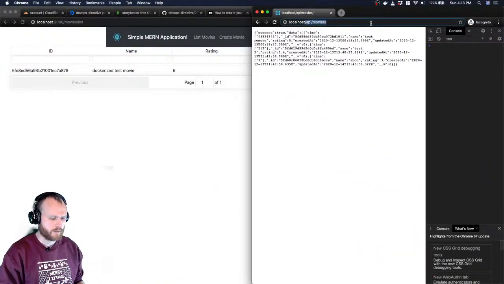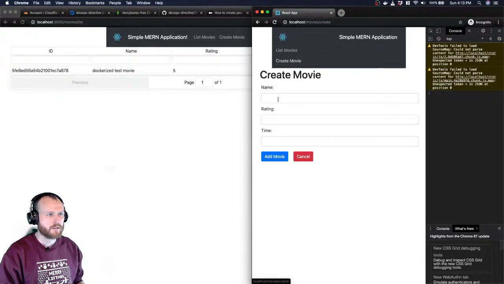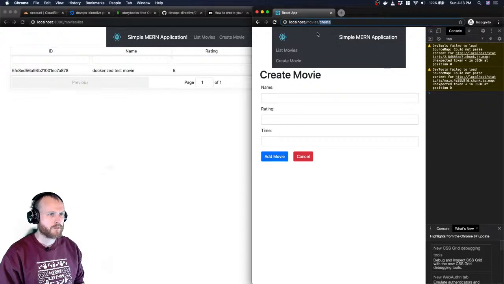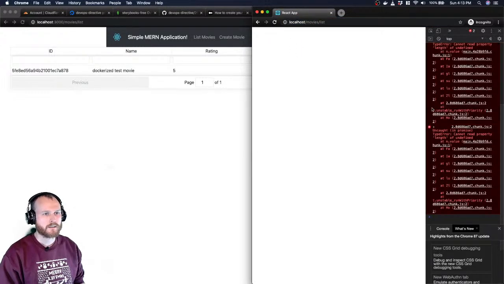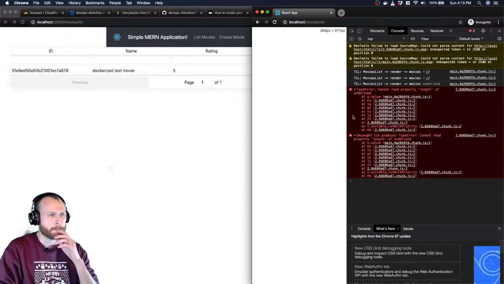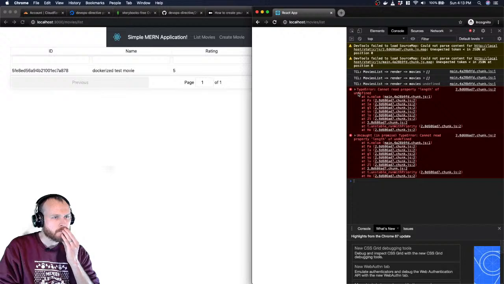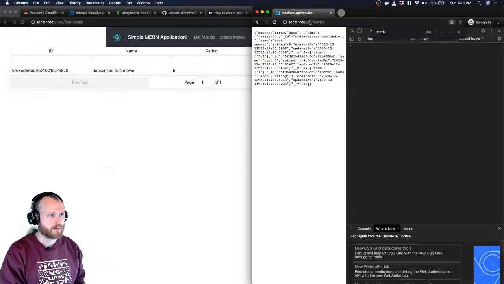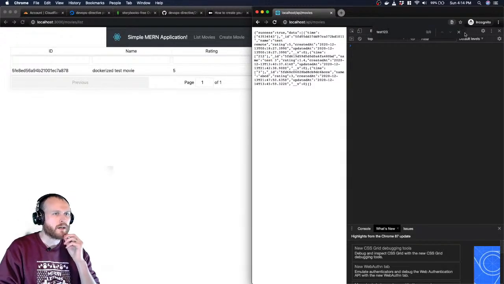All right, because I go here, get my application, create movie. Test 1, 2, 3, 1, 1. The insert works successfully. But if I go to just list, I get this error. If I go to API/movies, test 1, 2, 3. Okay, so it looks like I'm not actually inserting it successfully because